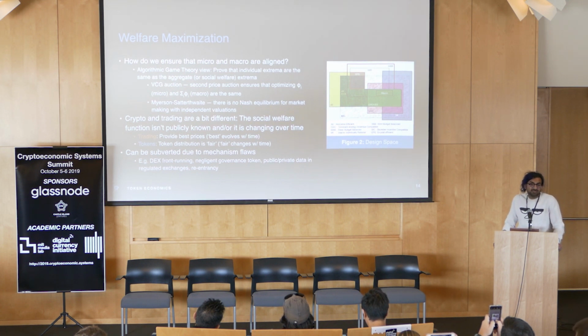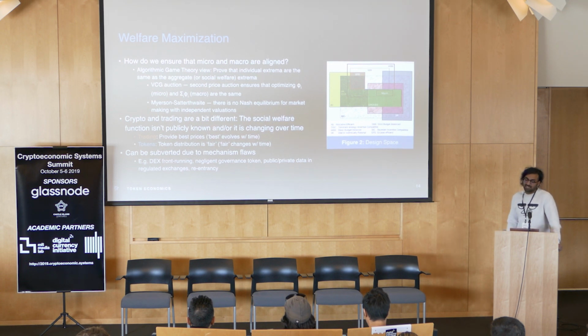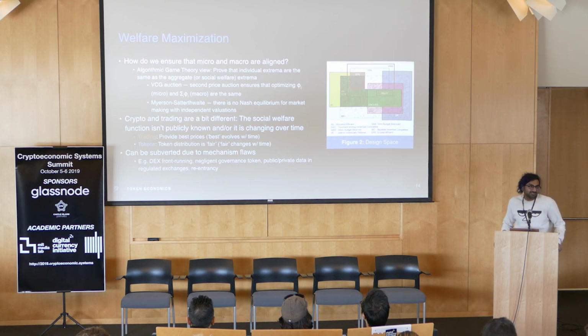But what is the formalism that exists for looking at this? Realistically, it comes to algorithmic game theory, and we have one of the experts in the field in the room, so anything I say, you should ask him real questions, not me. Two examples of this microscopic, selfishly optimizing behavior that works out macroscopically: the first is the VCG auction, the Vickrey-Clarke-Groves auction. If everyone has quasi-linear utility, which means they feel better, linearly, when they pay less than what they think the value of an object is, then you can show that by doing a second price auction,